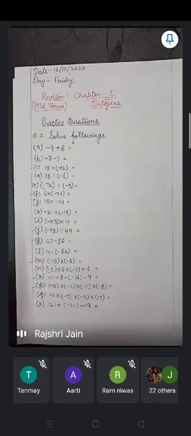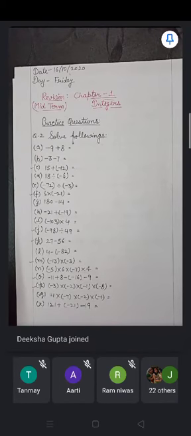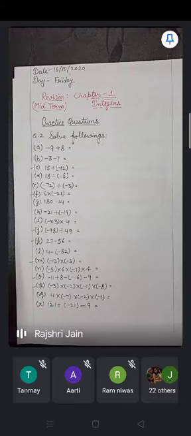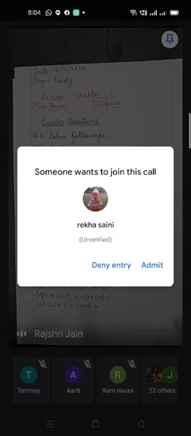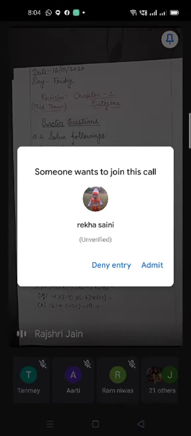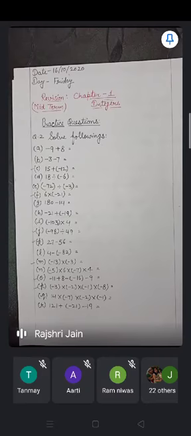So, good morning, everyone. Yesterday, we just completed our chapter 5 algebraic expressions, and we also started the revision of chapter 1 for the midterm exams. In that, I told you some theory to revise you so that you can remember everything you have studied in chapter 1. And we just did one practice question, in which you have to find the additive inverse and multiplicative inverse of a given integer.